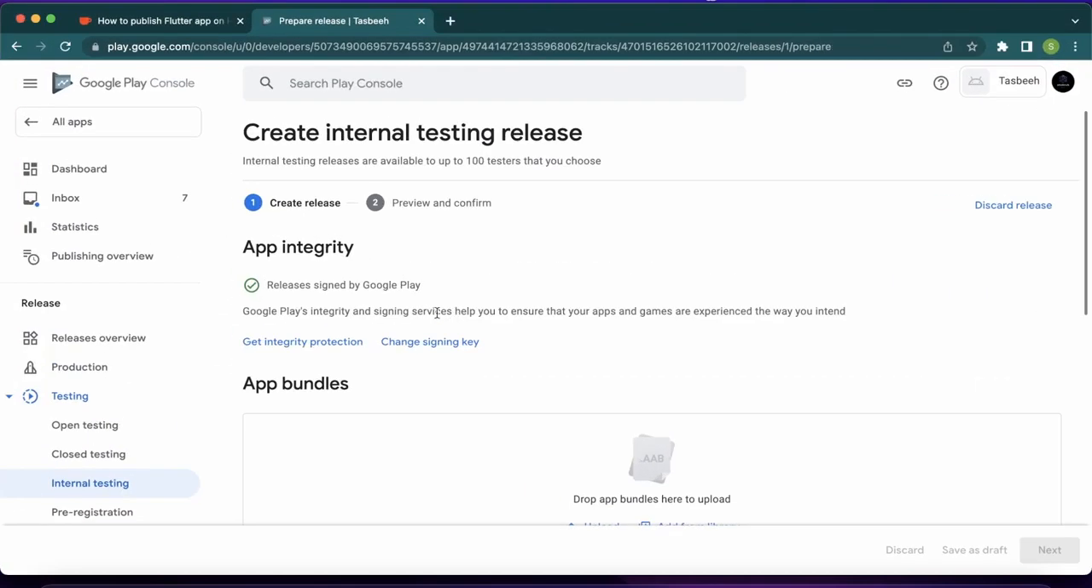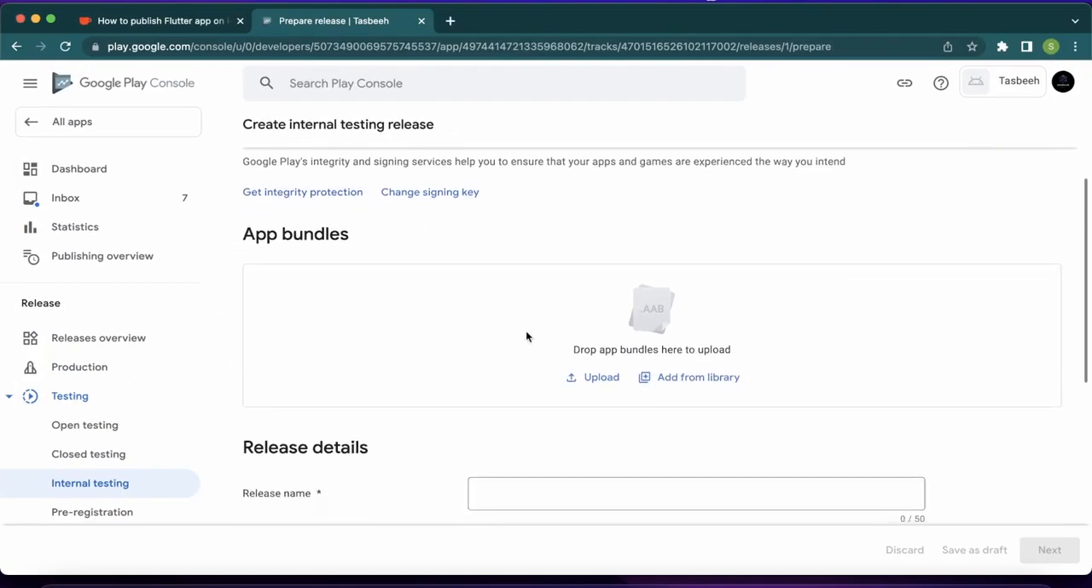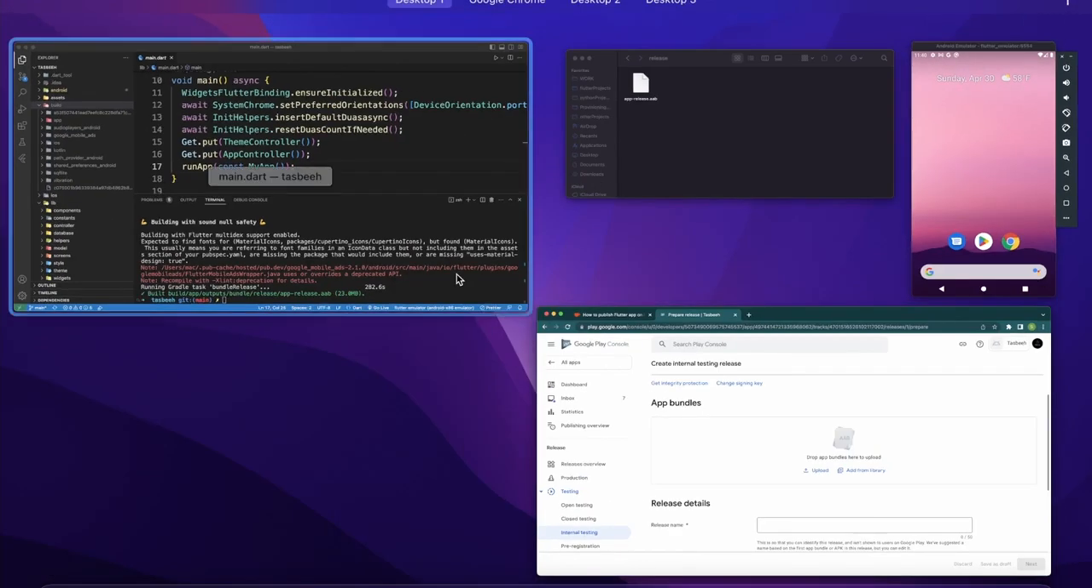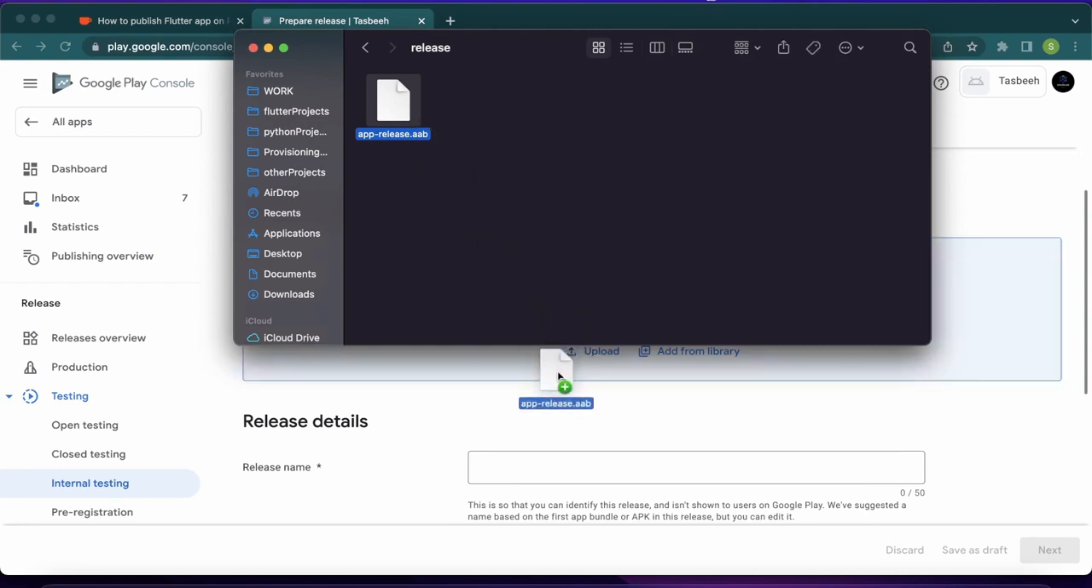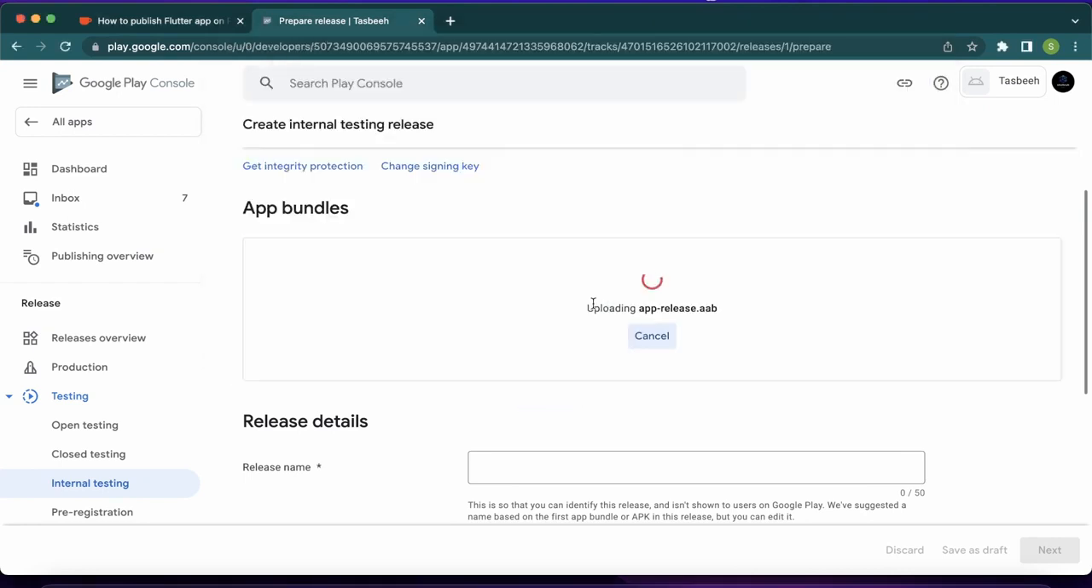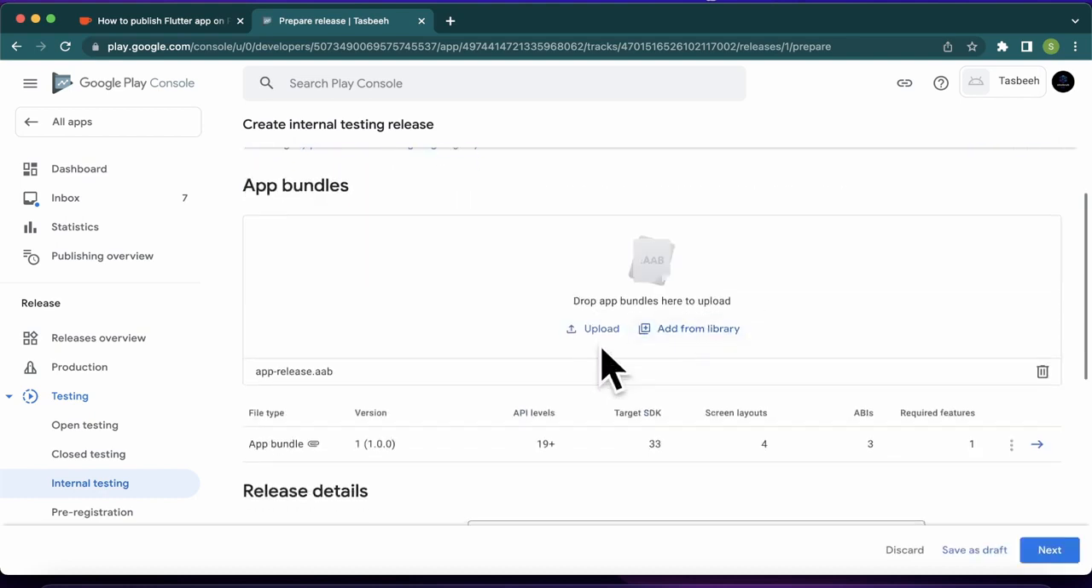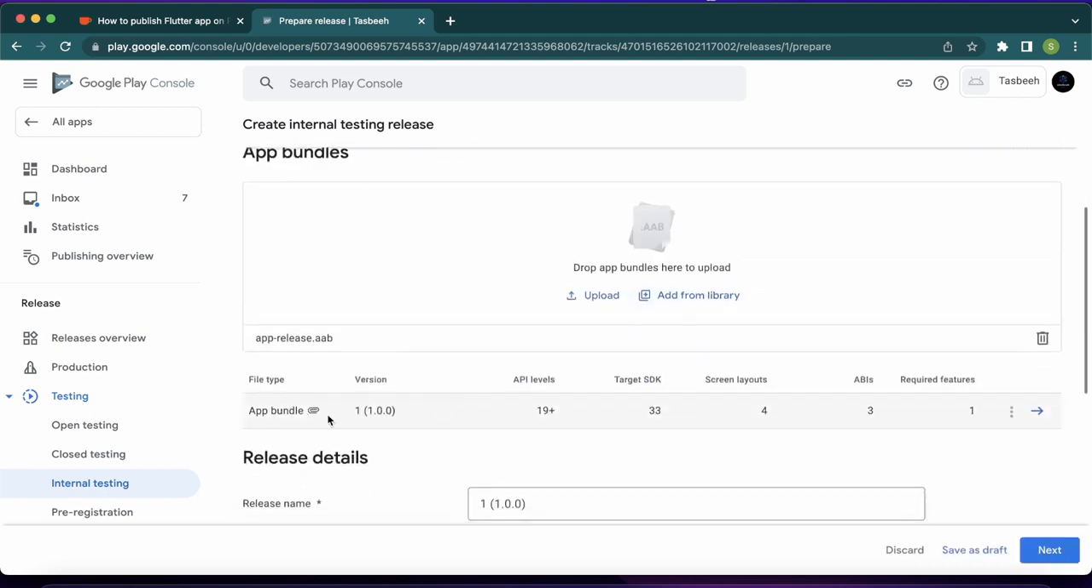So I want to come up here. As you can see, it asks drop app bundles here to upload. So let's actually drop it. If everything is fine, it should accept this. Okay, if you drop it, it takes some time. So here, as you can see, now everything is fine. We have app bundle file